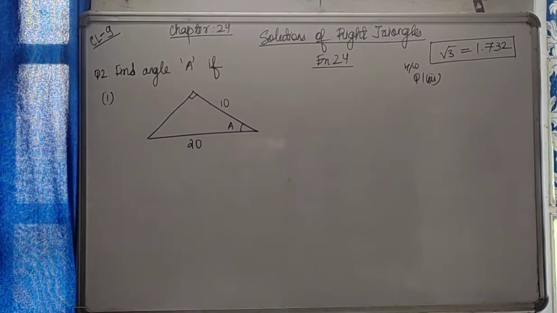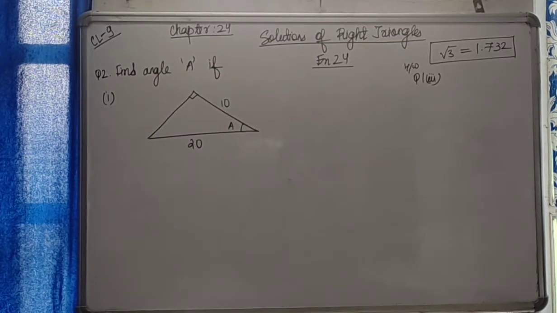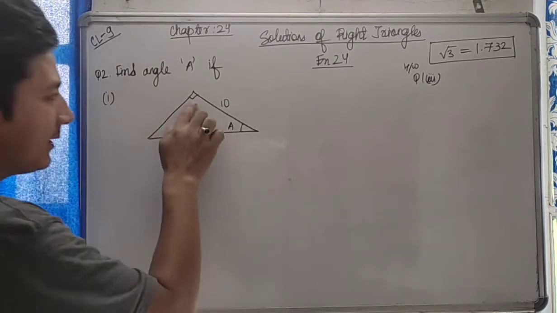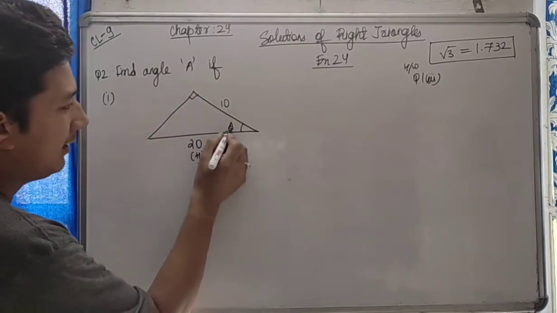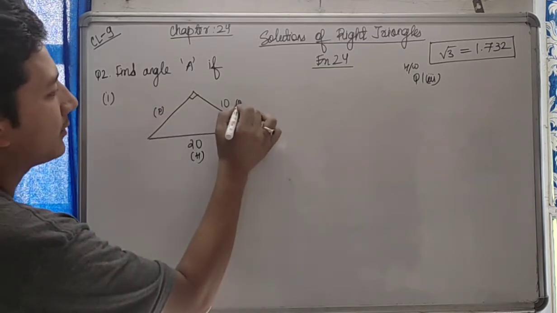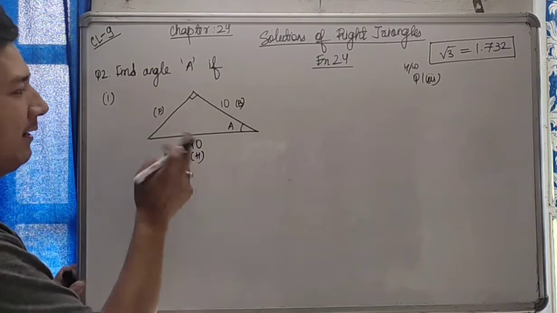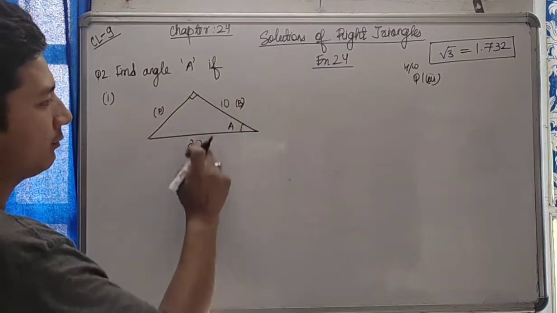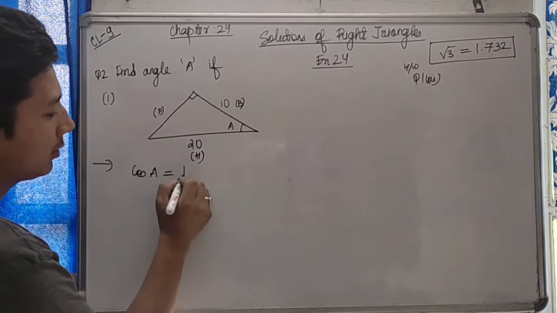So therefore, if you look at this question, 90 degree, so opposite the 90 degree is the hypotenuse, you can mark it. So this is my perpendicular and this is my base. So tell me which trigonometric ratio I'll use. Some people have, I don't know, perpendicular, so I cannot use sine. Curly brown hair I can use, so hence I have to use cos A. Cos A equals curly brown hair.